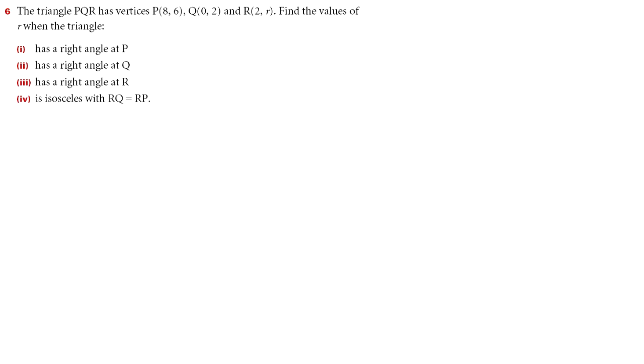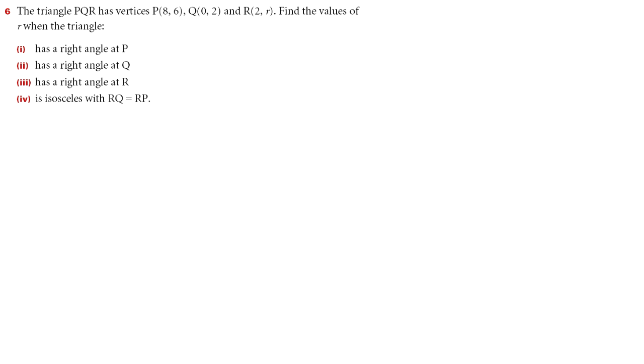Question 6, we are given a triangle with three vertices, P, Q, and R, and we don't know some details about R. We need to find the value of the little r when the triangle has a right angle at P. If there's a right angle at P, we know the two sides of the triangle that meet at P have to be at 90 degrees,